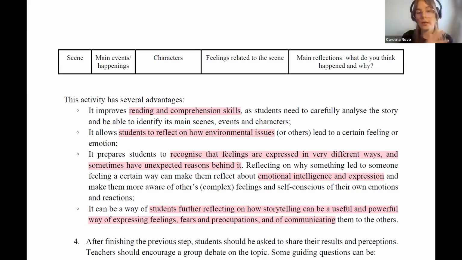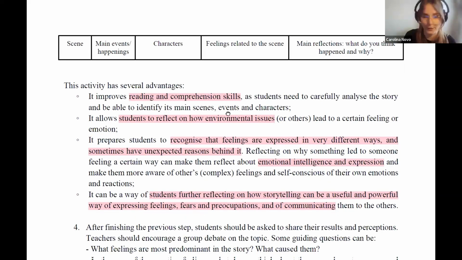In one way, we are teaching them how to read and understand stories and understand the impact of climate change in this specific place. But on the other hand, we are talking about how stories can be useful to them to express what they feel about school and other things.